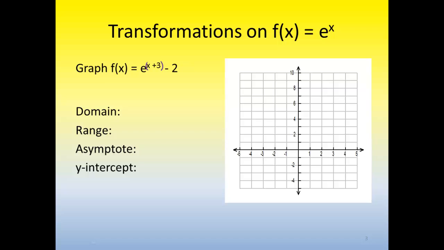Let's return to the table, and let's pick some values. Now, since it went left 3, I probably want to look a little bit more in the negative direction to pick up a couple more points. And since it went down, I expect to see some points below our x-axis. So I'm actually going to start all the way out at about -5. So at -5, I'm graphing